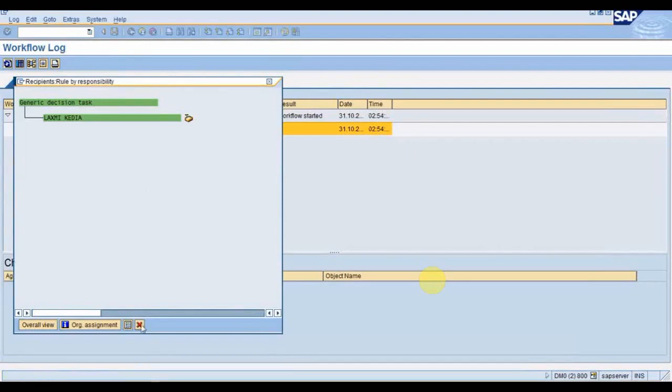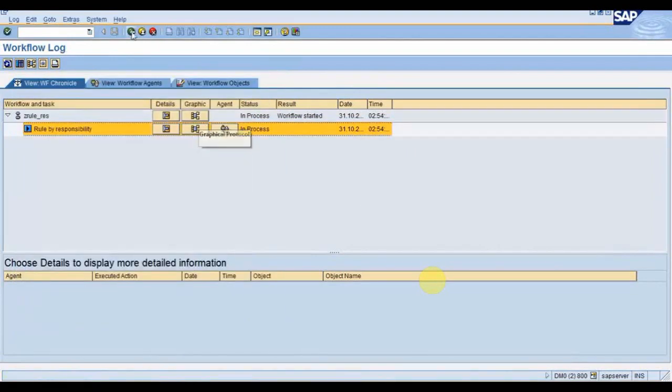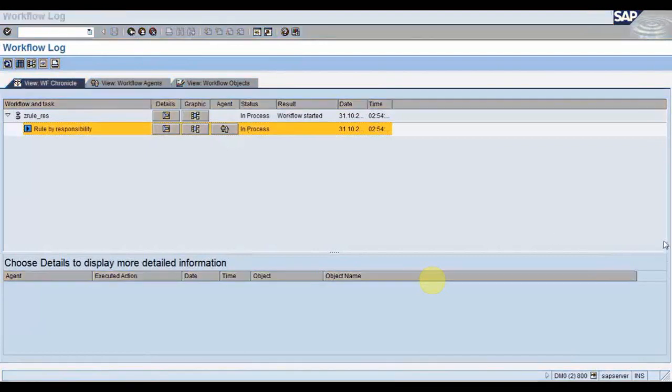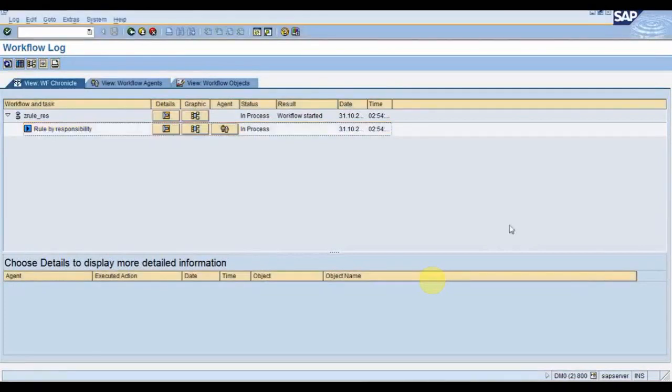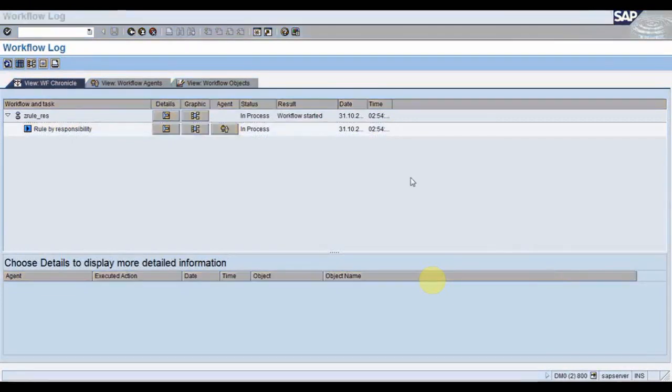So for 3 I will be receiving this work item. So this is how the static way of rule assignment works. So any doubt on this? Yes, Ramana?